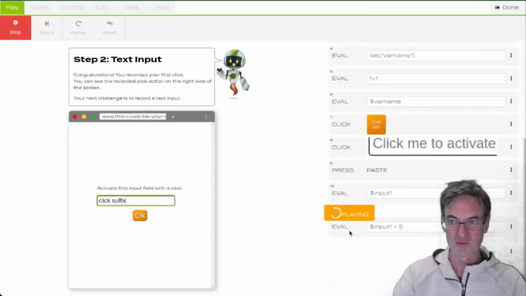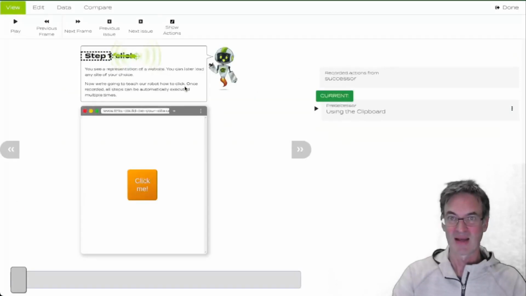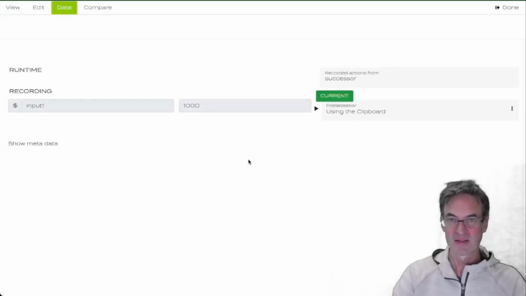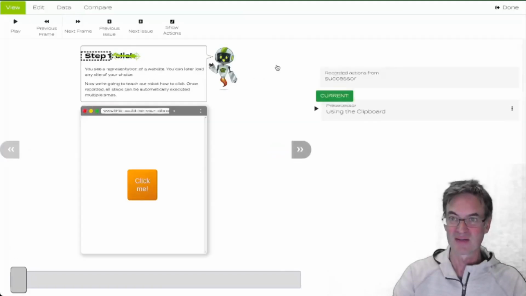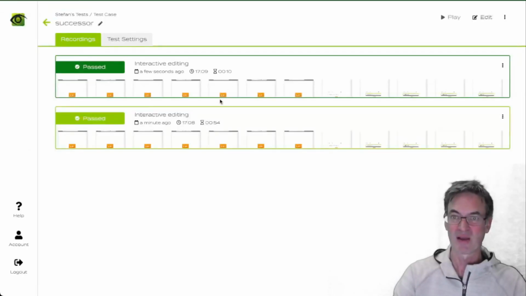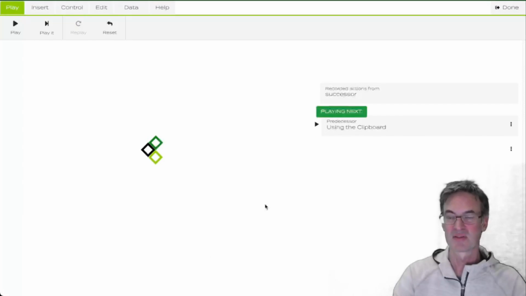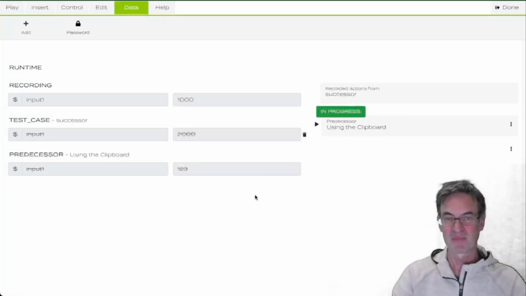This is very useful, because when we have both recordings here, let's say I open this old recording, I run it with 1000. Then I have the more recent recording, I run it with 2000. Now I want to rerun my test with the old section. So I go here and open an editor, edit, and now you see the data tab has